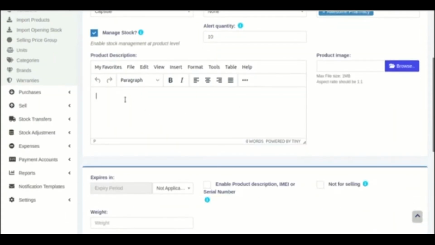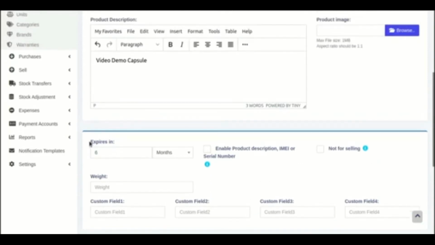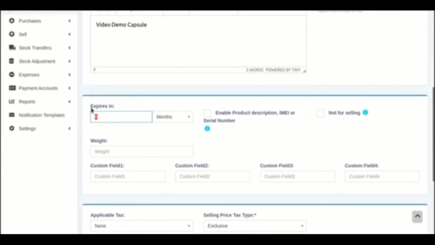I can add some product description over here. For the expiry, I can select expires in 6 months. What this is asking is, whenever I add a manufacturing date for this particular product, the expiry date will be 6 months added to that manufacturing date.